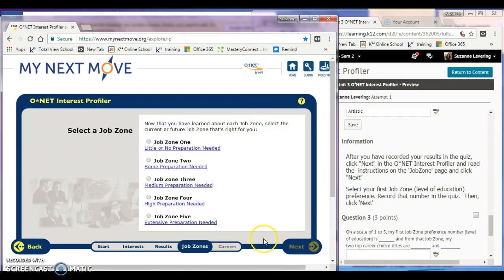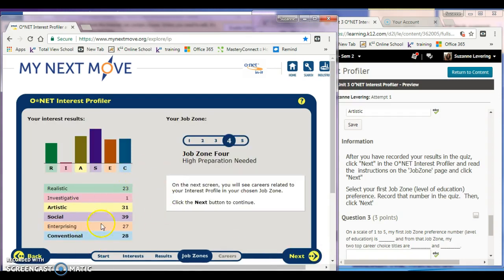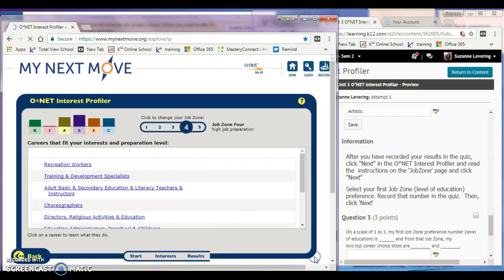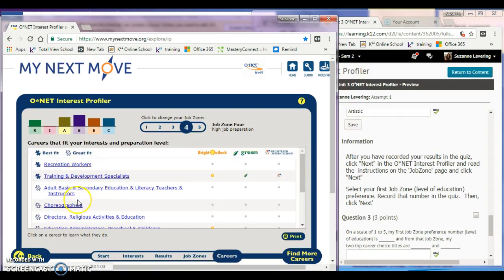Click Next. Again, now that you have learned about each job zone, select the current or future job zone that is right for you. I think I want to start with job zone 4, high preparation needed, which was a bachelor's degree. And now I'm going to click Next. Pairing it with my interests and my job zone 4, here are the different types of jobs that are available to me with my strong social interests,